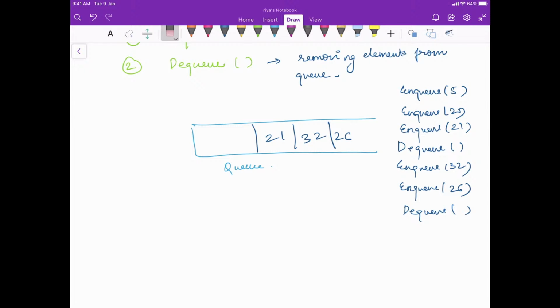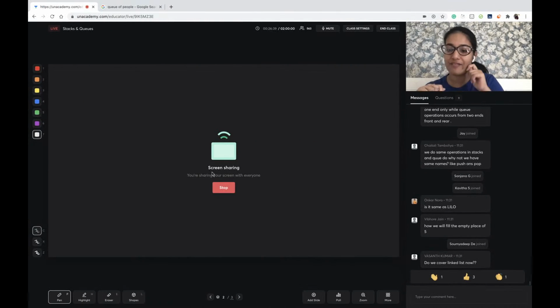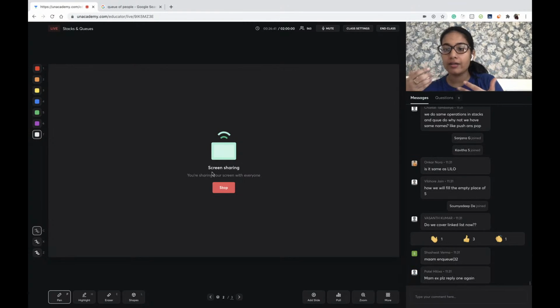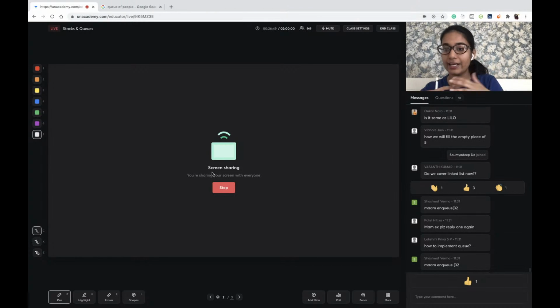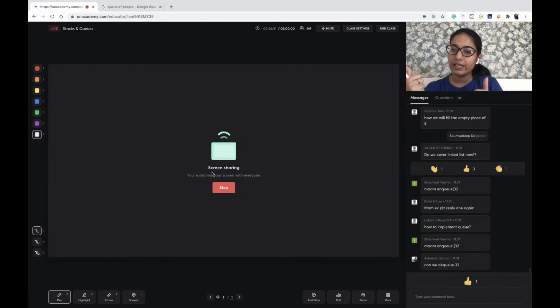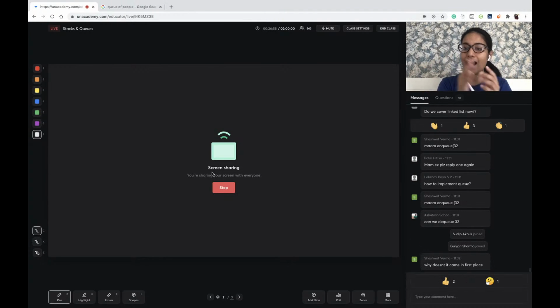Okay, let's think of some applications of this queue kind of a structure. You would have seen that when you bought a washing machine and that washing machine actually did not work, and you are calling the call center or the customer service center to complain about that washing machine, what exactly happens is, at that call center they have a queue kind of a